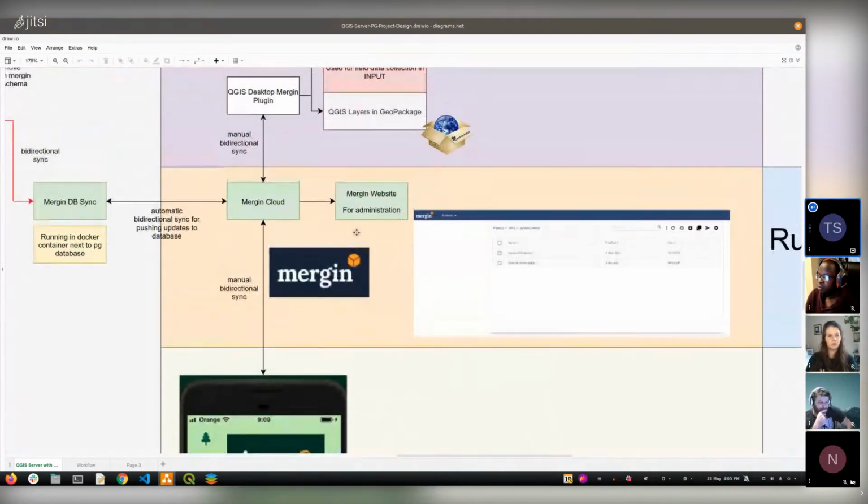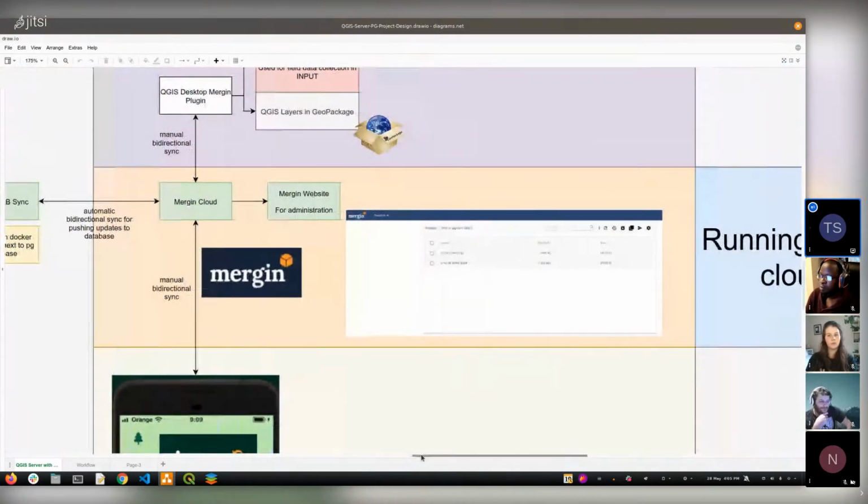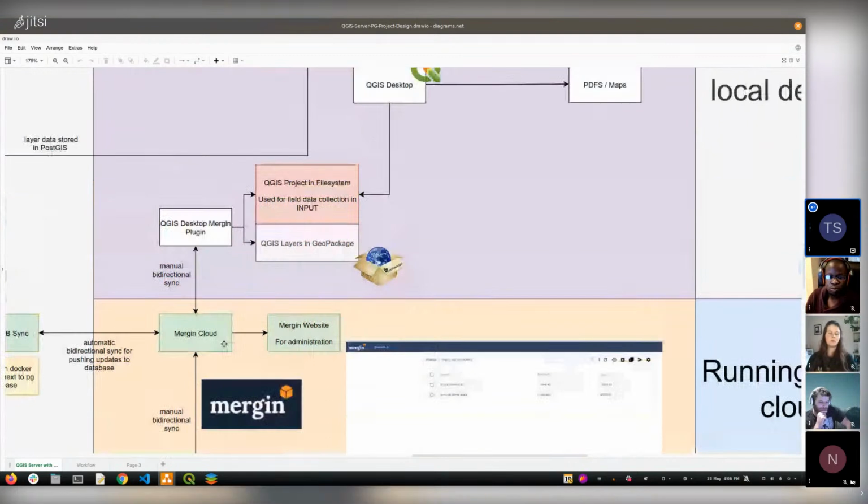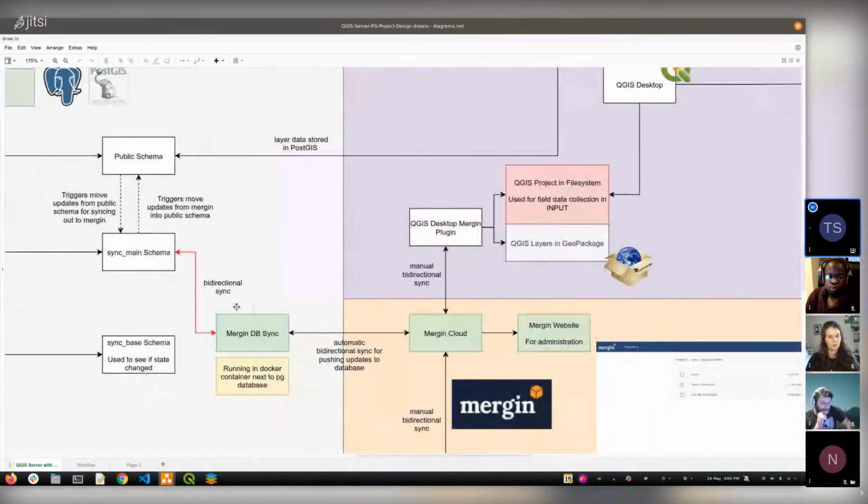And Mergin Cloud is like the web platform, syncing platform. You can think of it like GitHub, but for mobile geospatial data collection projects. And from there, you can then sync your data over to your desktop using the Mergin plugin. But we've also got this component here, which is Mergin DB Sync, which is also developed by Lutra, who built Mergin and Input. And this will allow you to take that GeoPackage and synchronize it into a Postgres